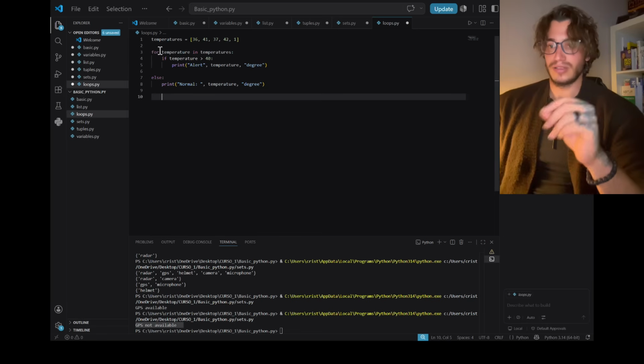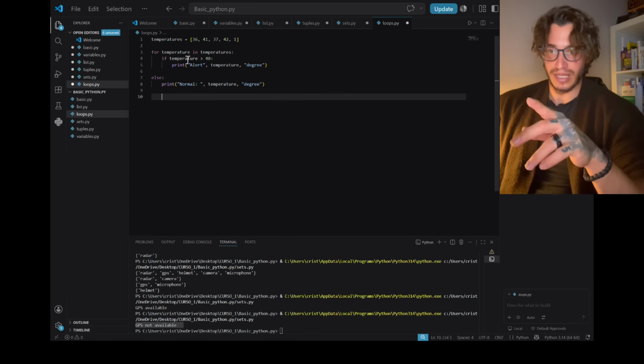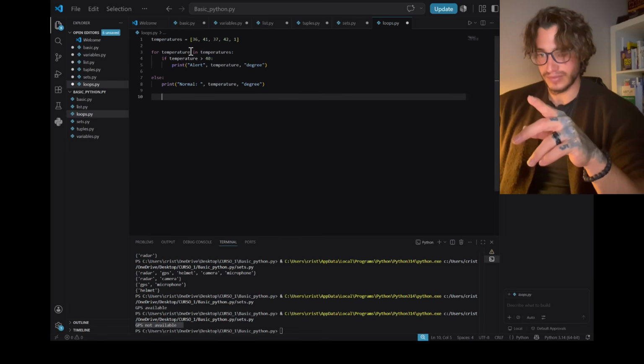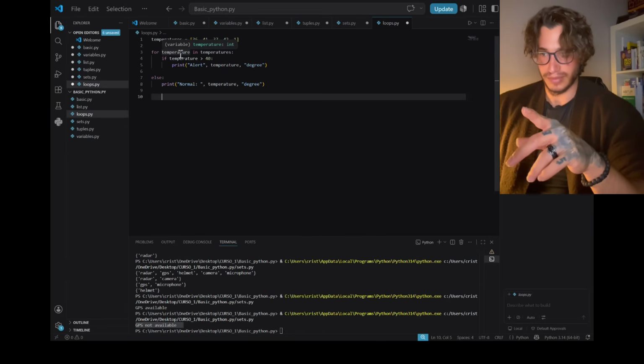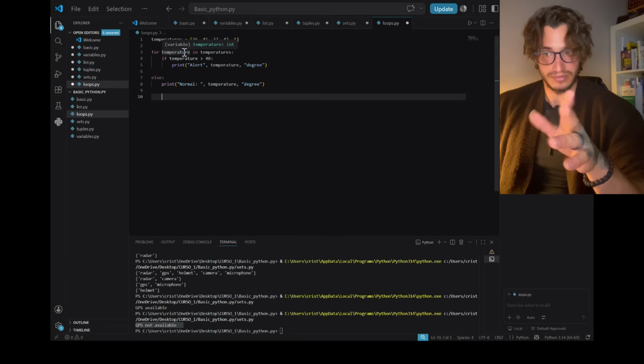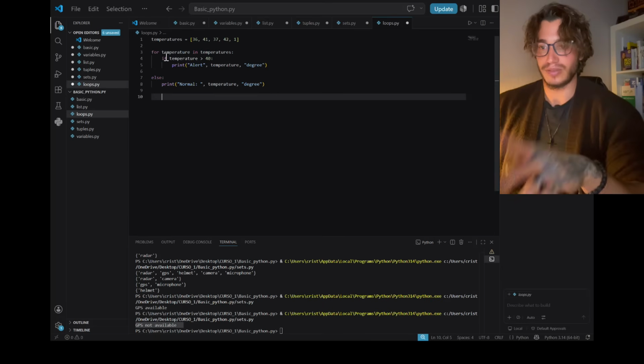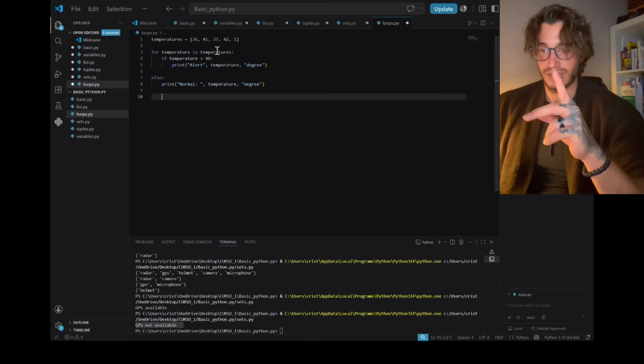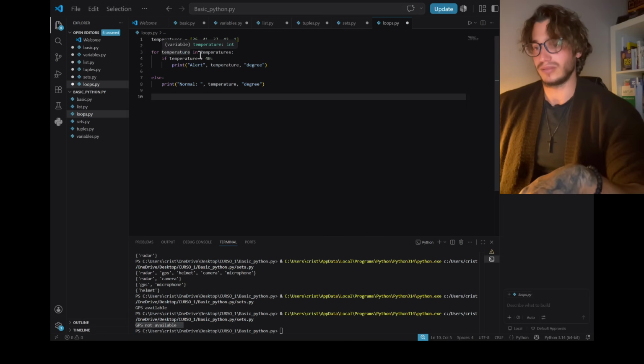So for every element on the list, for every element or value in temperatures, which is actually the list, for every element or value in the list,